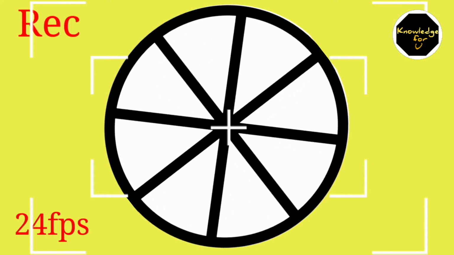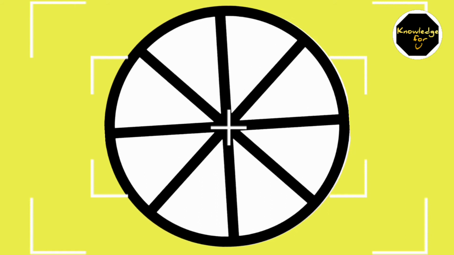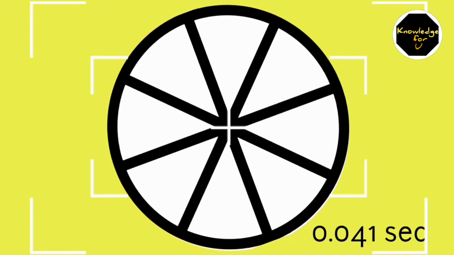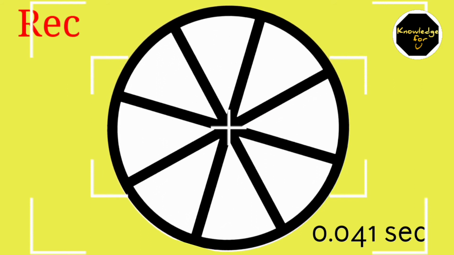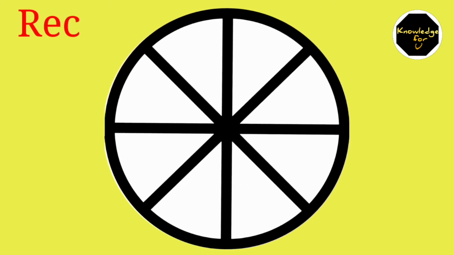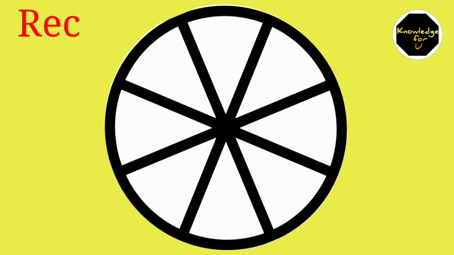Consider this wheel as it is rotating and we are shooting a video of this wheel at 24 fps. Then the gap between each photo is 0.041 seconds. That means after every 0.041 seconds it captures a photo. So here our wheel has started rotating, and after 0.041 seconds it clicks a photo, and after 0.041 seconds it clicks a photo here. Like that it continues till we finish capturing the video, and the results will be like this. We can see a moving video like this.